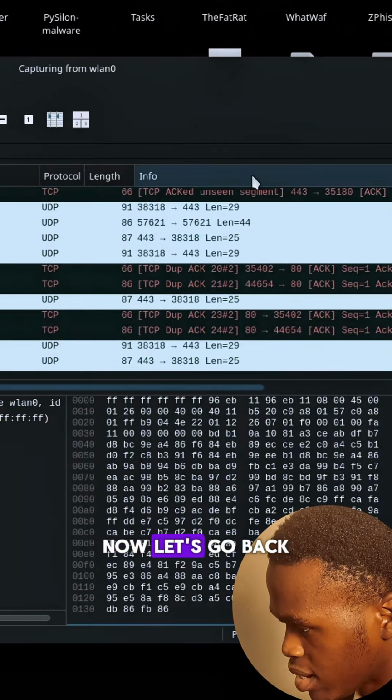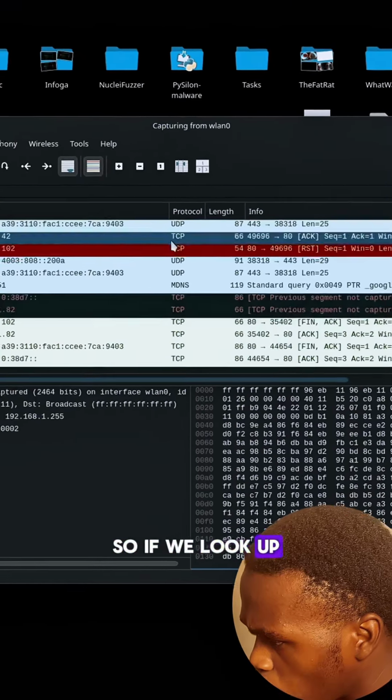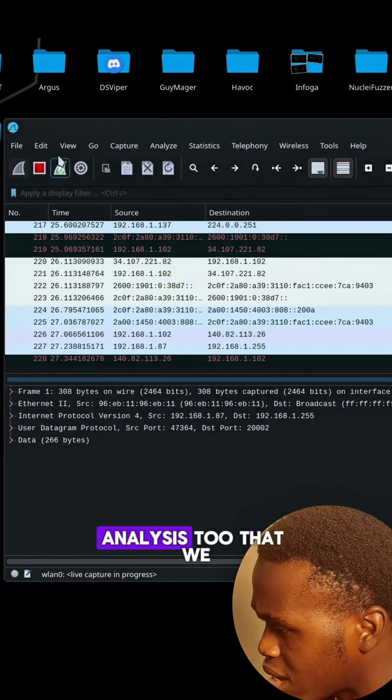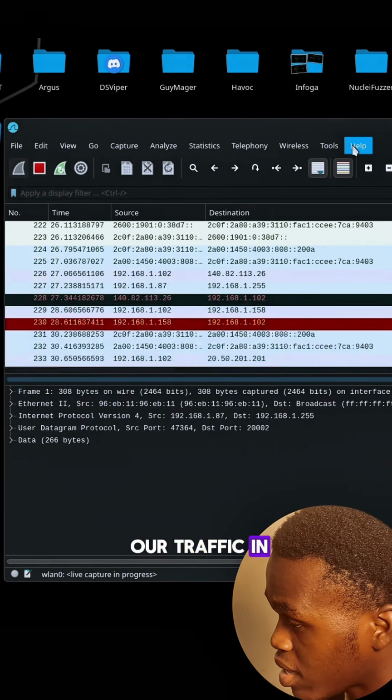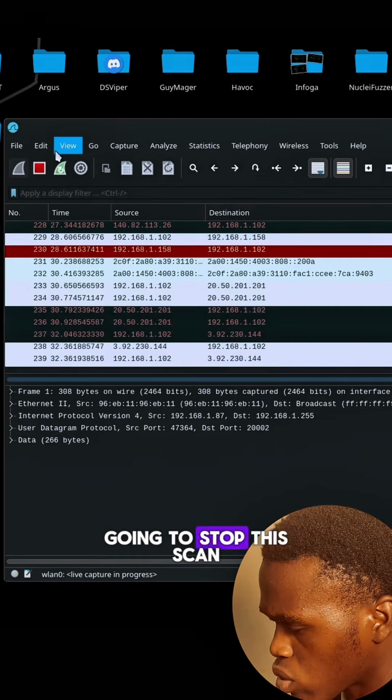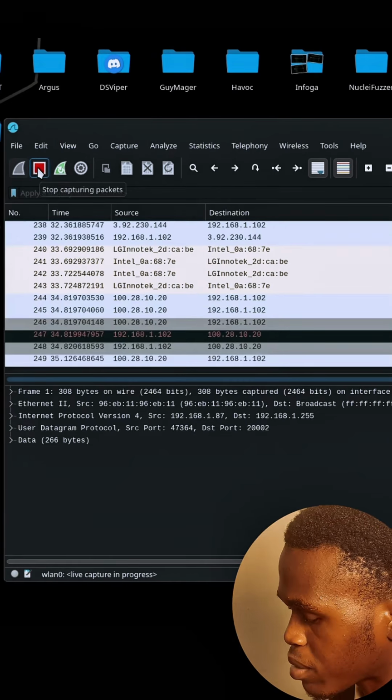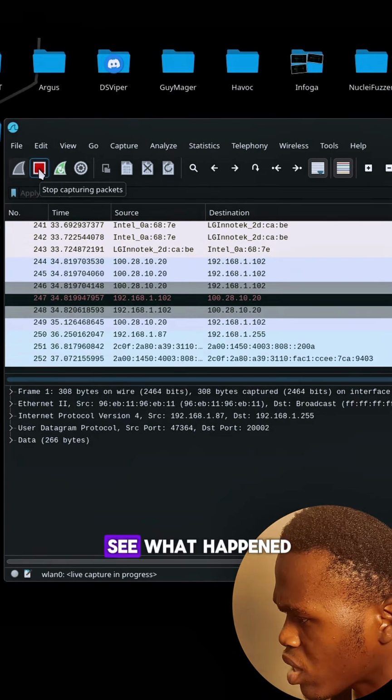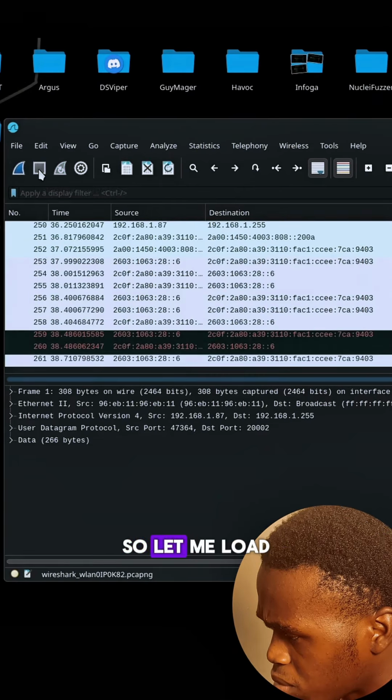Now let's go back. So if we look up, we can see the different analysis tools that we can use to analyze our traffic in Wireshark. Now we're going to stop this scan because I already have a captured packet that I want us to analyze and see what happened in the next one. So let me load up